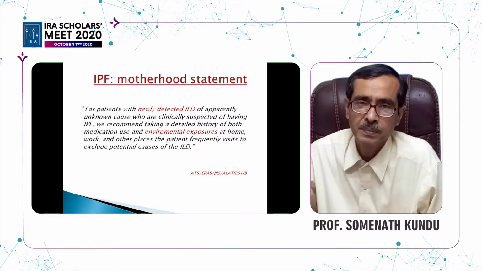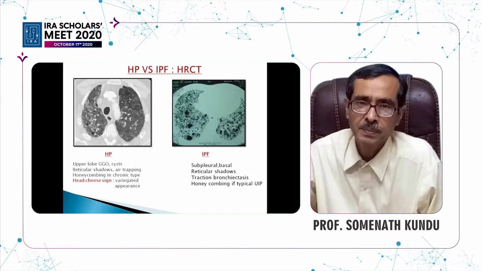The differences in HRCT between hypersensitivity pneumonitis and IPF. In IPF, it is subpleural, reticular shadows, traction bronchiectasis. The first four signs for probable UIP, and if it is honeycombing, it becomes a typical UIP. For hypersensitivity